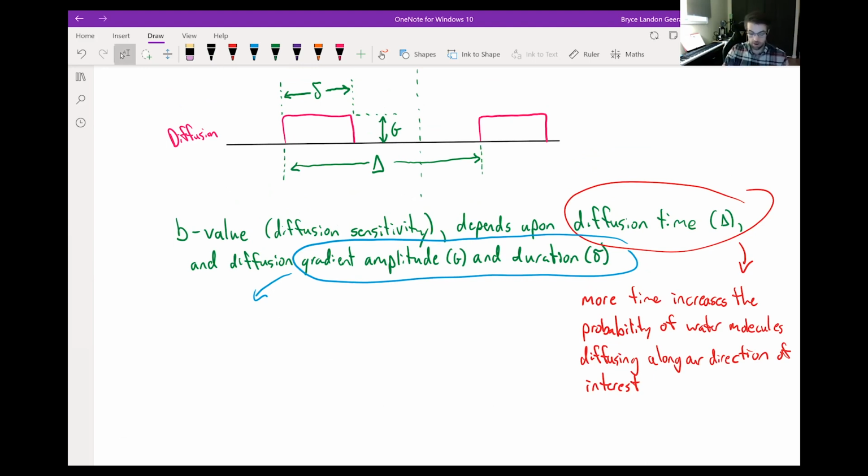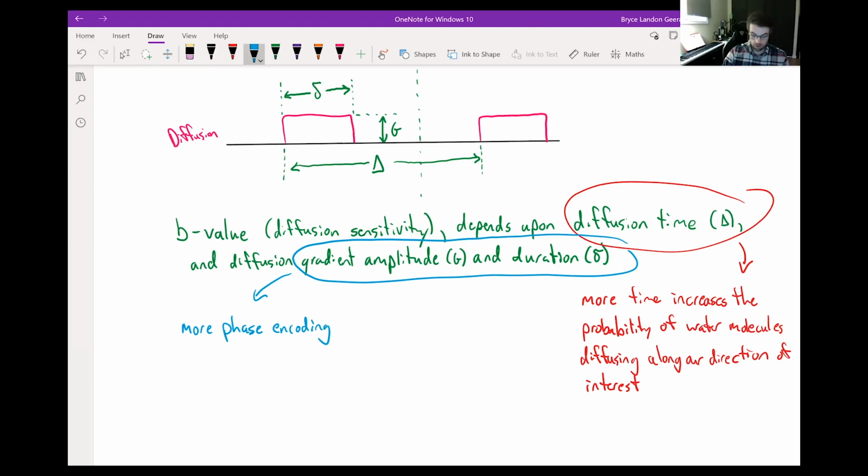right? So together, if you think of kind of like the area under the curve of this diffusion gradient, the area of that box is its length times its height, its duration times its amplitude, right? And the more area under there, the more phase information you are encoding. So in that way, if we increase either of them, we're encoding more phase, and more phase encoding,